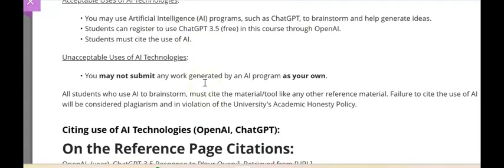But you have to cite. It's just like using another person's work. You have to cite where you got this information. You can't submit any work generated by ChatGPT or whatever AI program you're using as your own. That is plagiarism. That is a violation of our academic honesty policy.